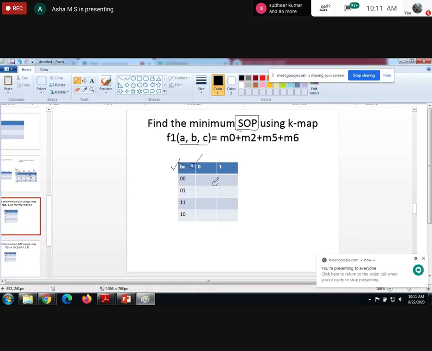Please guys, because you are beginners, I won't say you have to write this in the exam. If you are perfect, you can write directly, and there is no need to write the decimals. But you are beginners right now, so please make a practice of this. Then you won't make a mistake. 4, 5, 6, 7, 6, 7.